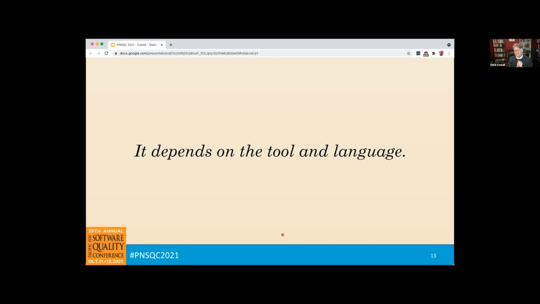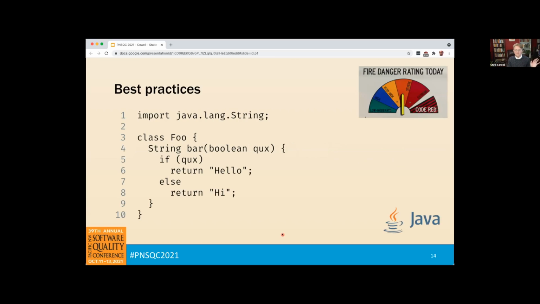It also depends on what language you're using. Some tools, like semgrep, run against multiple languages, but they look for slightly different problems in different languages. So it all depends is the answer for what kinds of things static testing can help with. But let me give you just a general picture of the kinds of things. So I have 9 different categories. This is category 1, and it's identifying times when your code